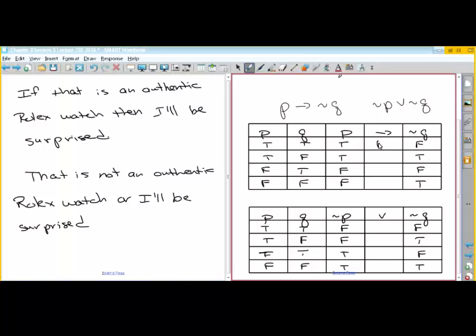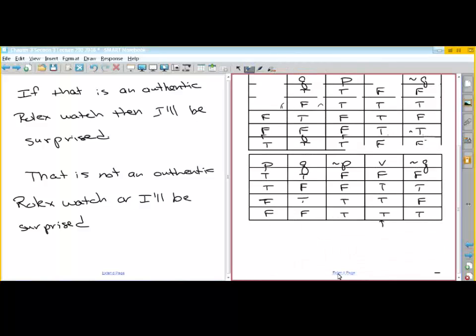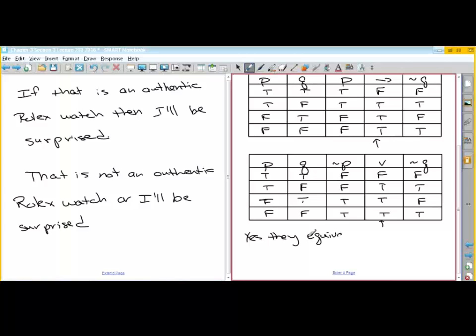Okay, then if-then statement, this is the only one that's false. All the others are true. And the OR statement is false only when they're both false. So this is false. That's true. That's true. That's true. Hey, so these are the same. So if I ask you this question, are these equivalent statements? You would say yes. They are equivalent statements